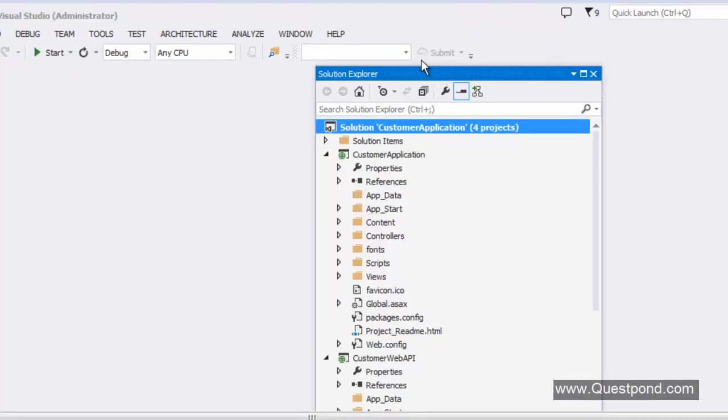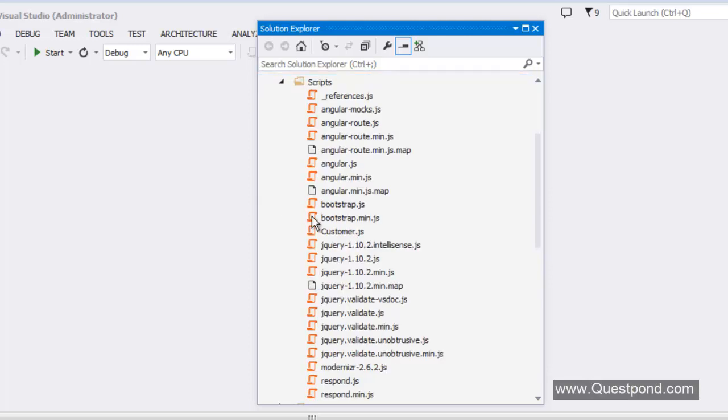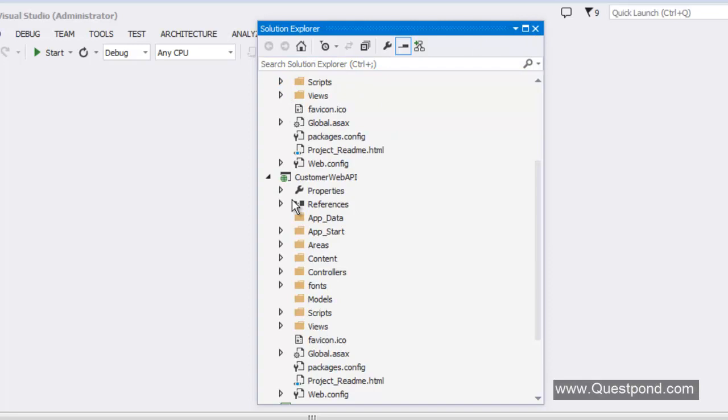Once you have installed Angular route from the online NuGet package manager, in the scripts folder you should get this file here, angular-route.js. This is the file which will help us do single page application on our home page screen. So let us go to our main screen, that means our landing page.